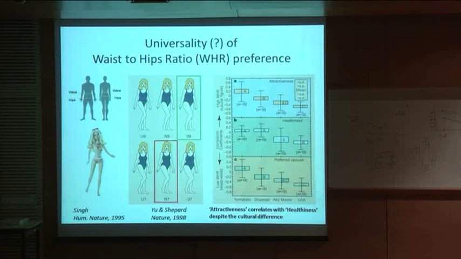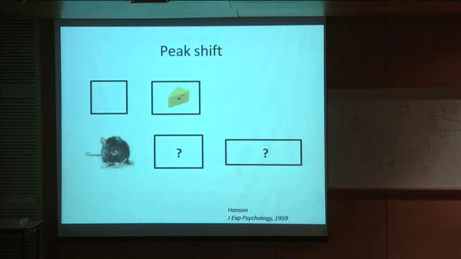So whether it's a universal principle or not, whether this tribe is really an outlier in terms of their aesthetic appreciation or not, that's an open question. So let's move for a second to animals and try to see how they evaluate forms, abstract forms. A very well-known phenomenon is called the peak shift. In the following paradigm, the rat is trained to choose a slightly more rectangular stimulus to get a reward over a square pattern. And after it learns that it has to prefer this over that, in a test trial,